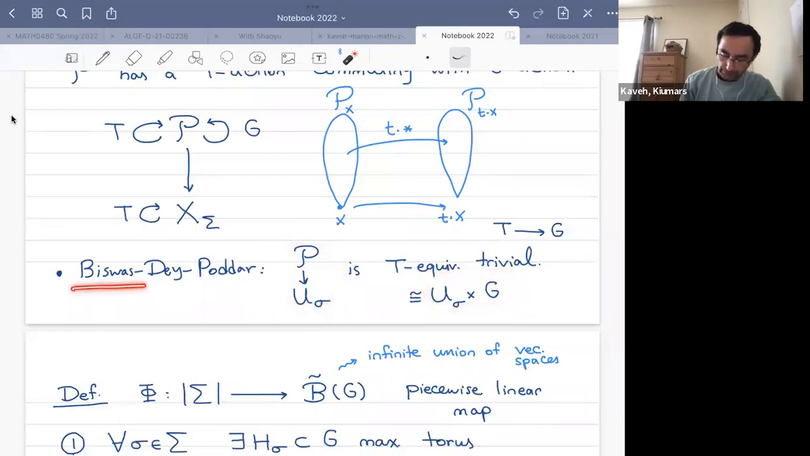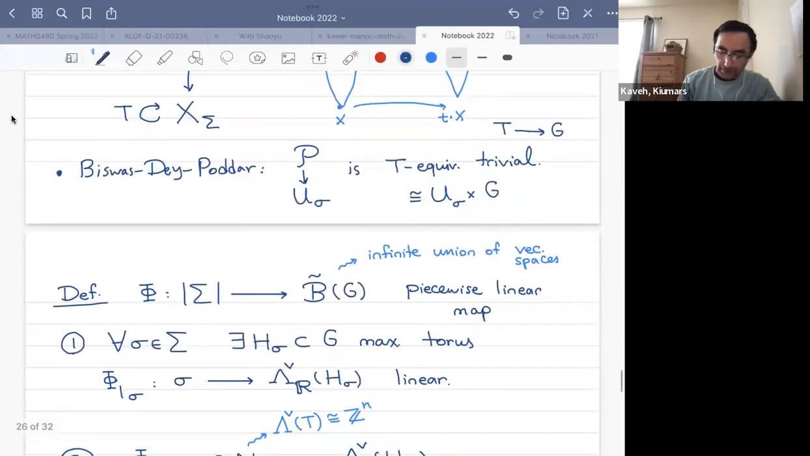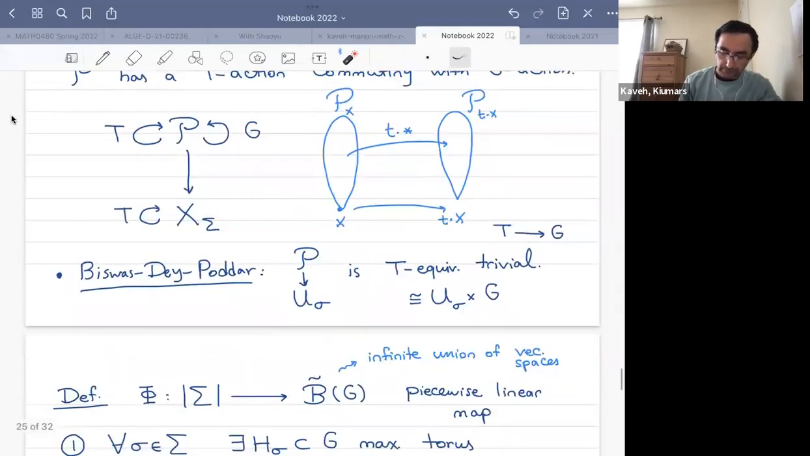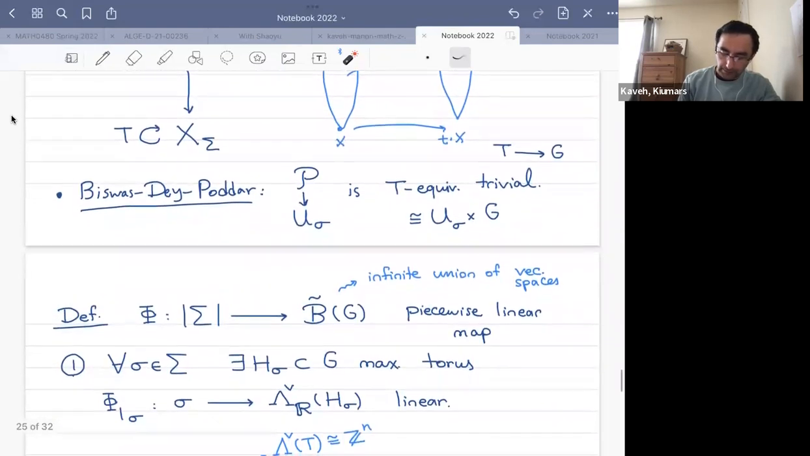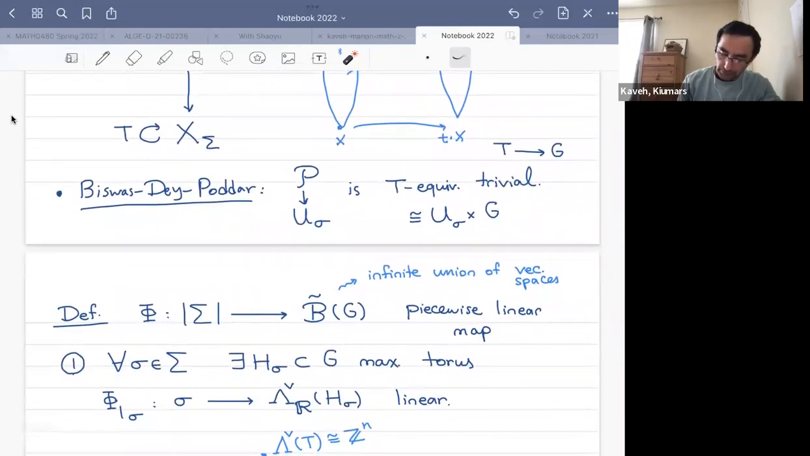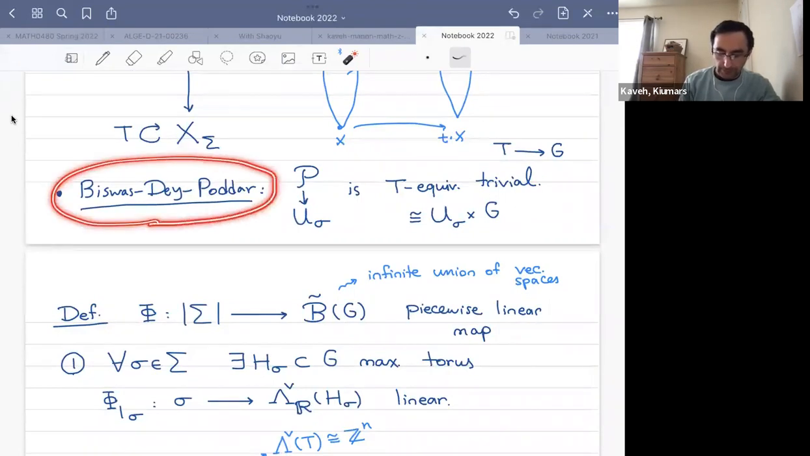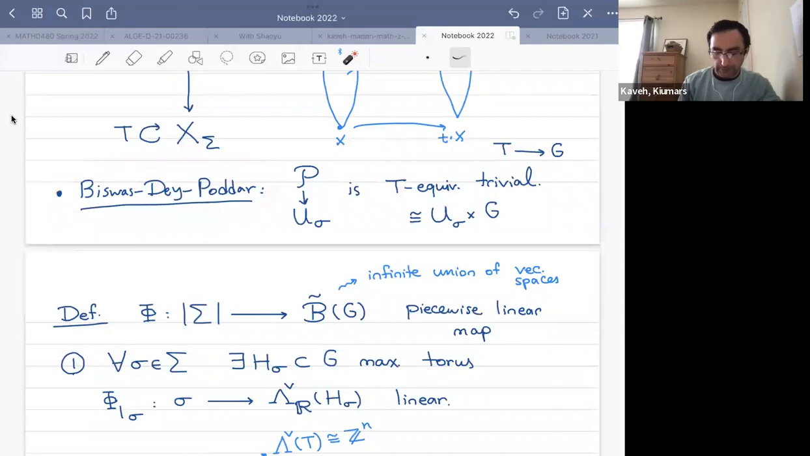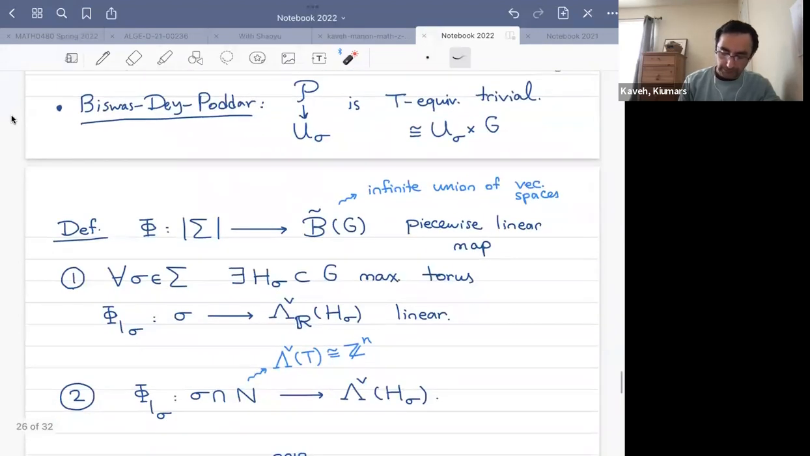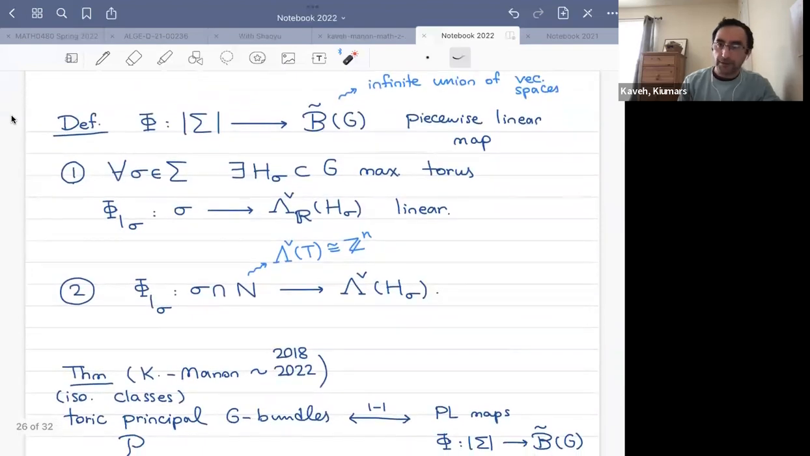Okay, so we use this result in our classification. They give a classification of toric principal bundles using this local triviality and using Kaneyama's co-cycles, that kind of approach. So they do have a classification, but it's in terms of co-cycles and some other data. Our classification, which I'm going to explain just now, is in terms of piecewise linear maps and in the spirit